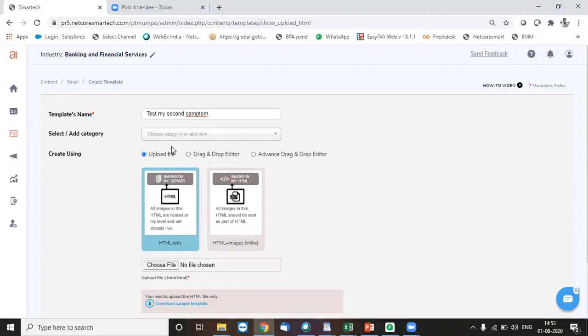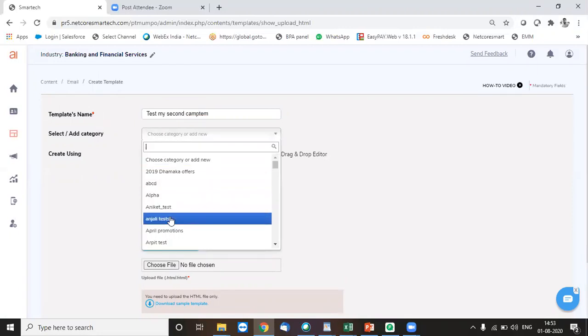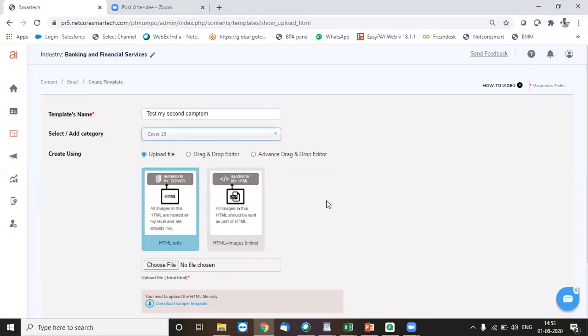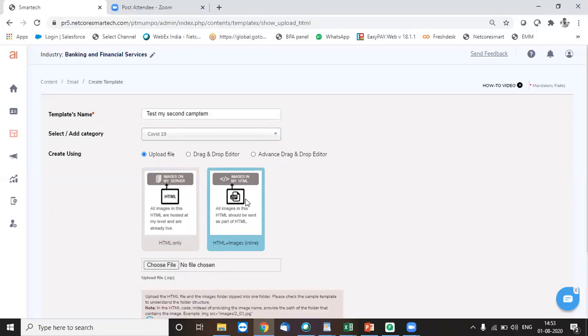Okay, and here I select my category. Now this time I would select the second option, wherein I'll have to upload the HTML, but along with that, I'm also going to upload my images since I have not hosted them. This of course would take more space compared to the first option, but still you will be able to send out the communication.